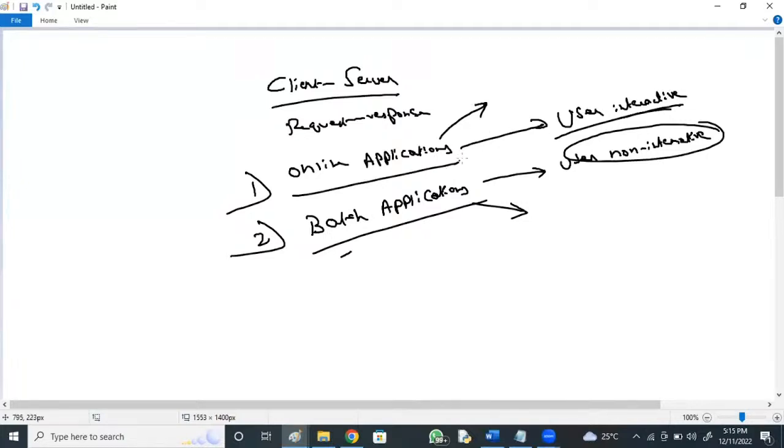Booking a movie ticket also requires user interaction. But batch applications are user non-interactive, for example mobile bill statement generation, credit card statement generation, or